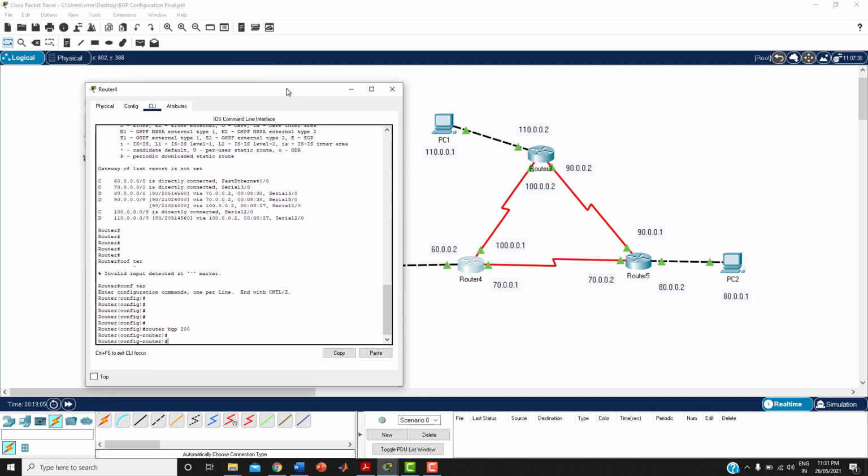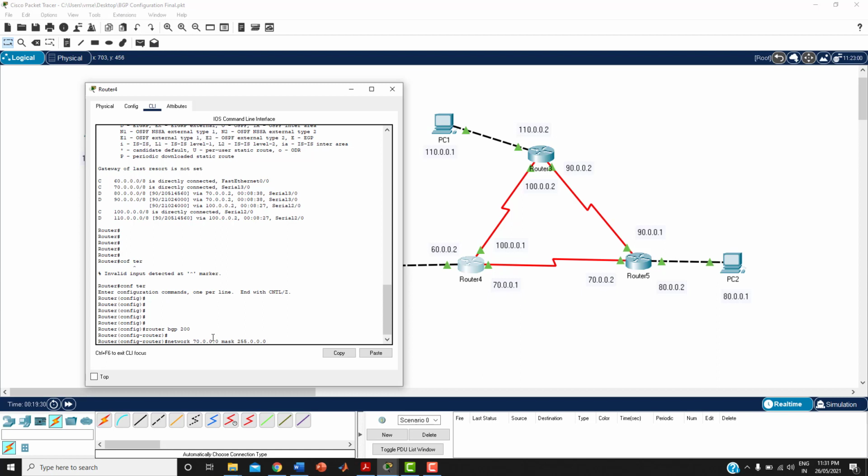So what are the networks available here? Already 60 we advertised. Now, directly connected I'm taking. So 70 I'm going to advertise. Network 70.0.0.0, and the mask is 255.0.0.0.